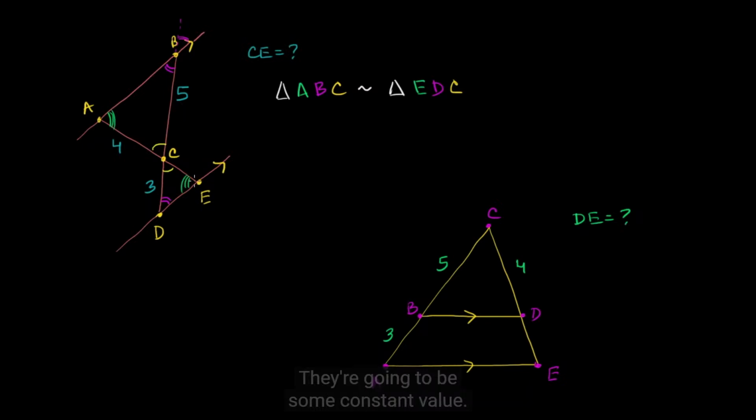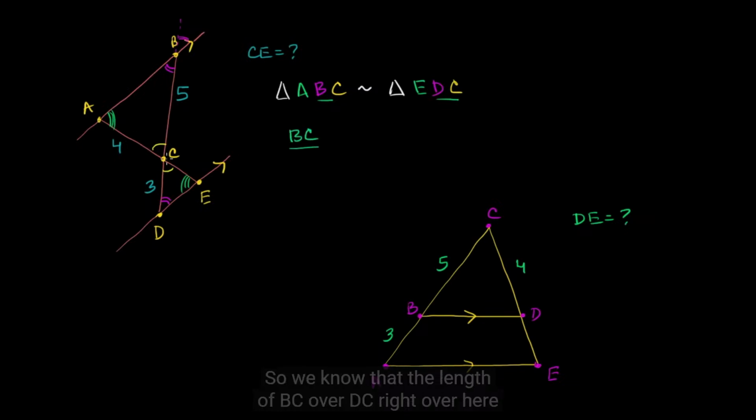They're going to be some constant value. So we have corresponding sides, so the ratio, for example, the corresponding side for BC is going to be DC. We can see it just the way that we've written down the similarity. If this is true, then BC is the corresponding side to DC. So we know that the length of BC over DC,